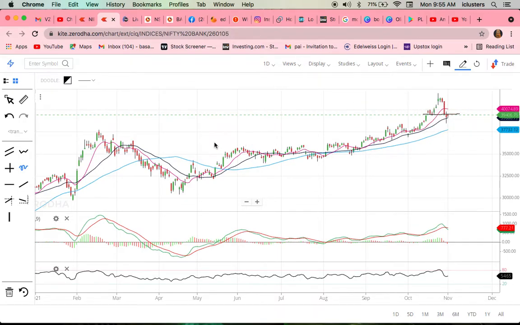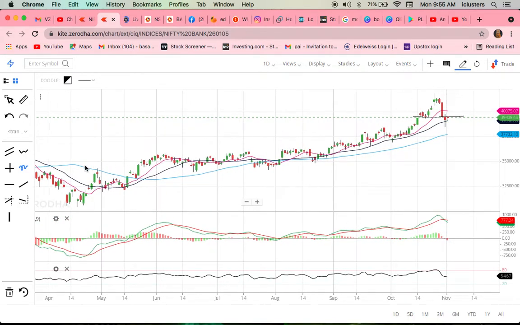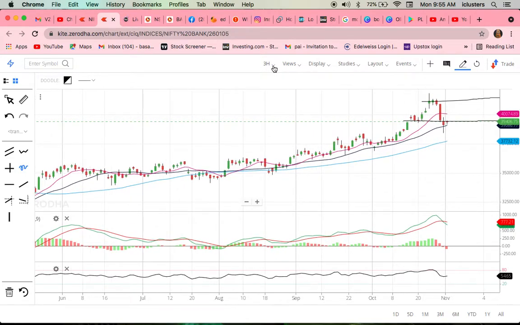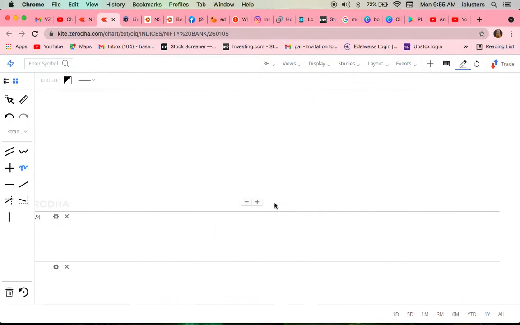The 1 day candle's high and low. This is the support, and this is the resistance. After that, I am going to use the same. I am changing the time frame here to 3 hours. After that, the line will be shown at the exact time. 3 hours I have selected now. See what changes I am getting here.